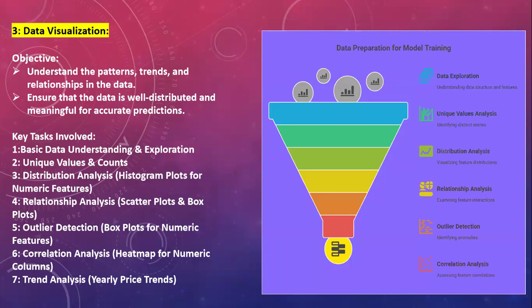And we are going to look at unique values and counts of how many values are there in our data set. And also we are going to see the distribution analysis of the features by using some histogram plots, so that we are able to analyze the data properly. And also we are going to see the relationship analysis with the help of scatter plots and box plots. And also we are going to find outlier detections with the help of box plots for the numeric features. And we'll do some correlation analysis also for the numeric features by using heat map